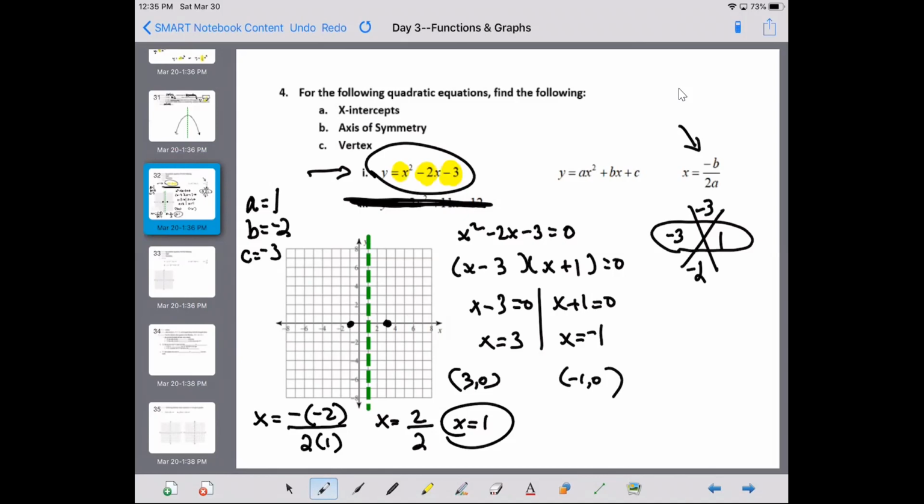Substitute it back into the function to figure out, well, what's the y value? Okay, well, it's going to be 1 squared minus 2 times 1 minus 3. So this is going to be 1 minus 2 minus 3. So left to right, that would be 1 minus 2 is negative 1. Negative 1 minus 3 would be negative 4. So at 1, negative 4 is going to be the vertex. And so it would look something like this